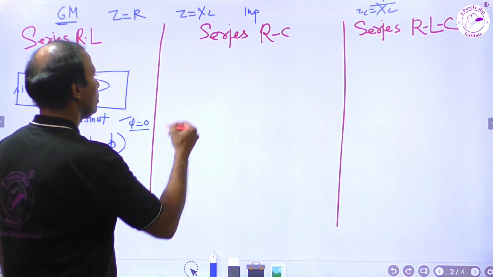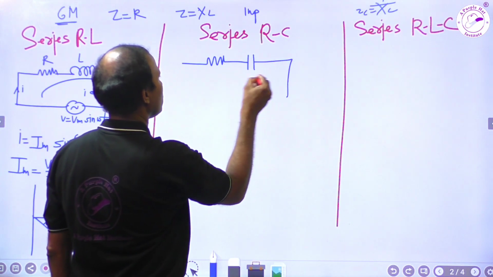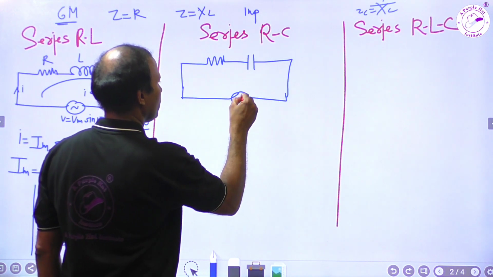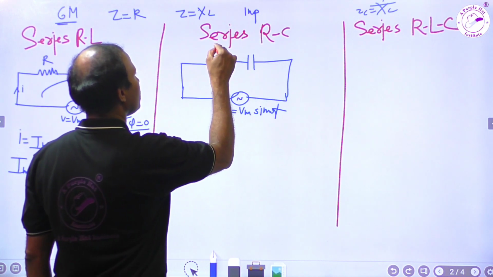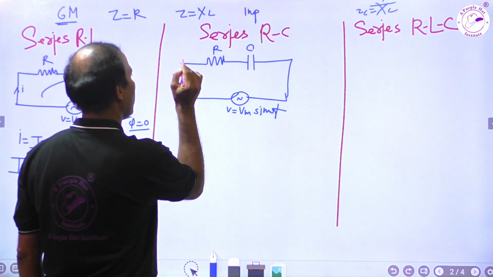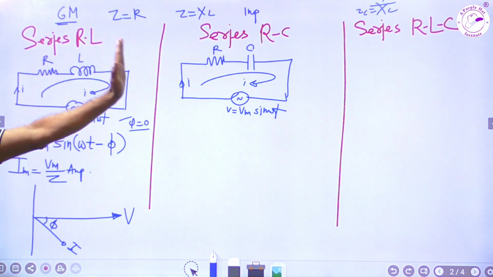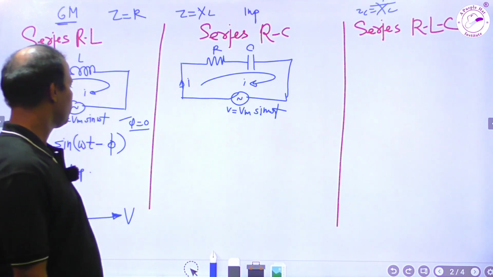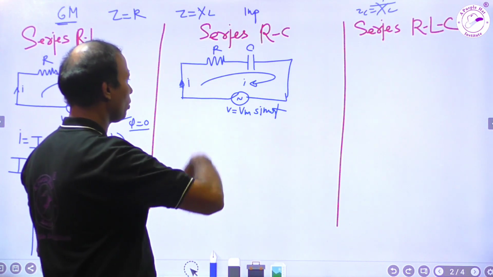Now the RC circuit. We have a resistor and capacitor. This is V equal to Vm sine omega t. This is R, this is capacitance C, and the instantaneous current I will start flowing through the circuit. These two cases are general or most important cases, and here you can take 6 marks benefit. Here 6 to 7 marks can be comfortably scored in theory or in this topic.